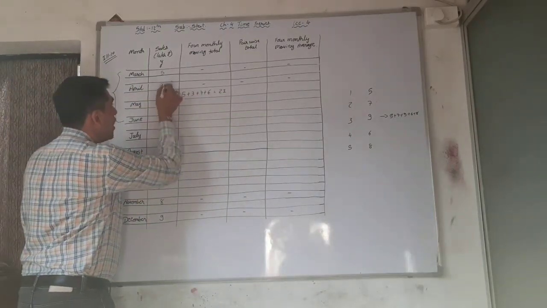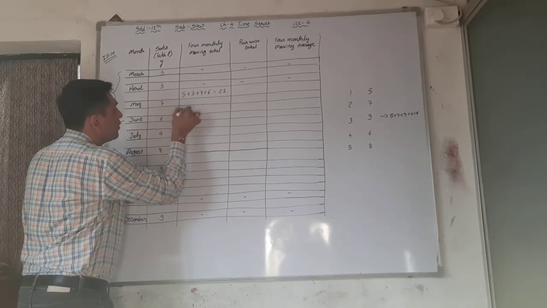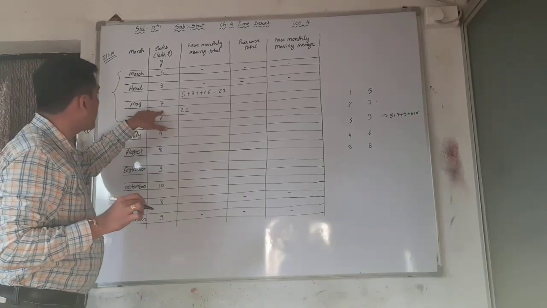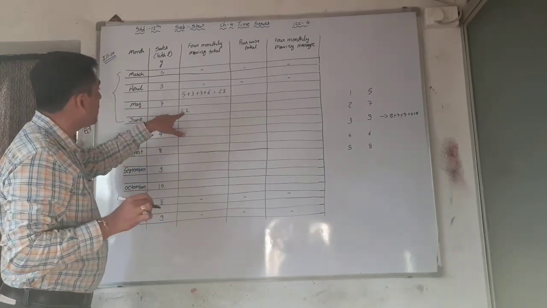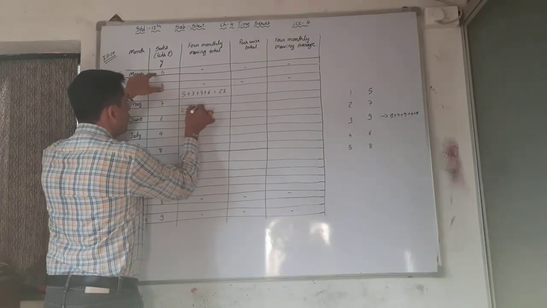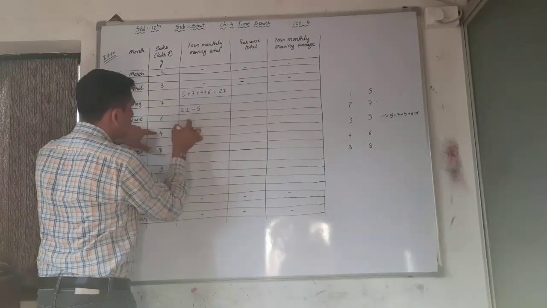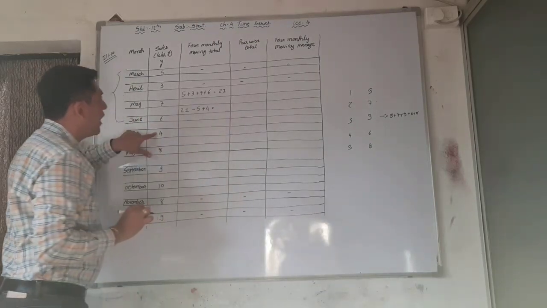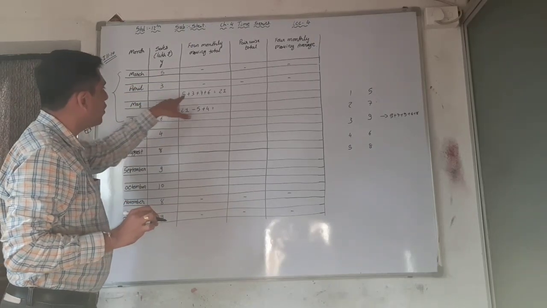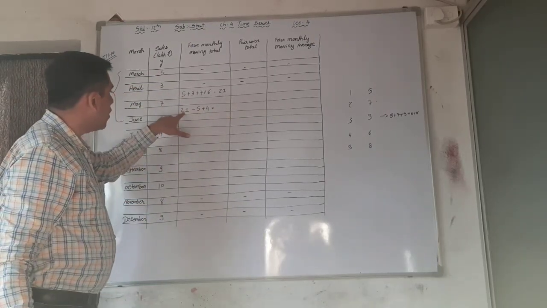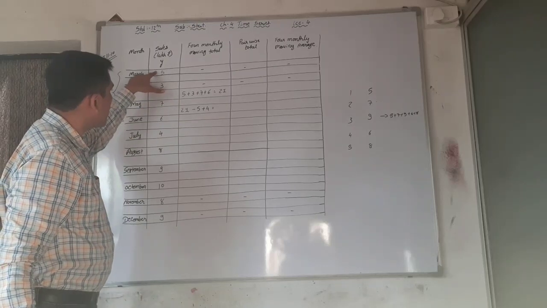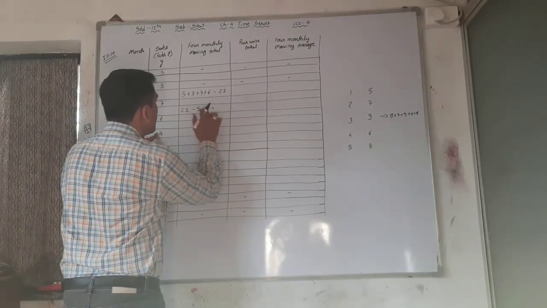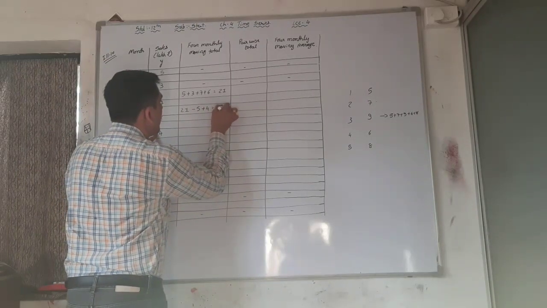See, the total is this one, and the middle is this one. After this, the total is this one; the middle one is this one. That's why 21 minus 5. First we subtract, and after 6 the next one is 4, so we add 4. See, the total of these 4 we are writing out here. Now from 21 we subtract the first one and add the next one. That's why 21 minus 5 plus 4, that is 20.